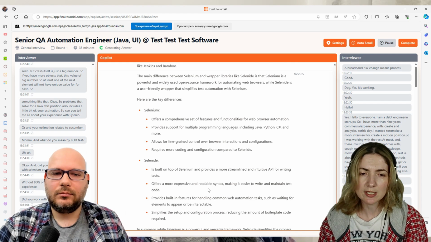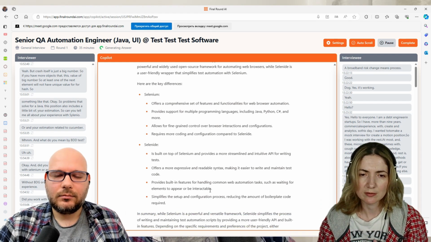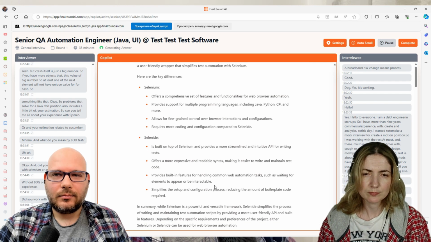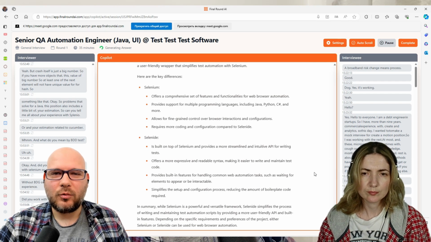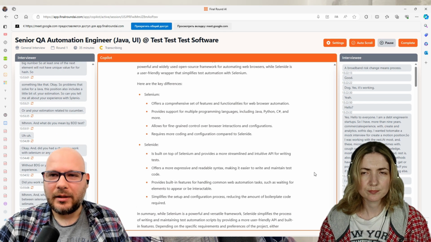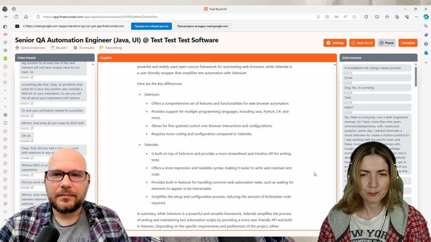So Selenide has expectations in methods. In other words, in Selenium you need to implement it on your own, but in Selenide it's already in the box, so it's already available. Yeah, in the box.